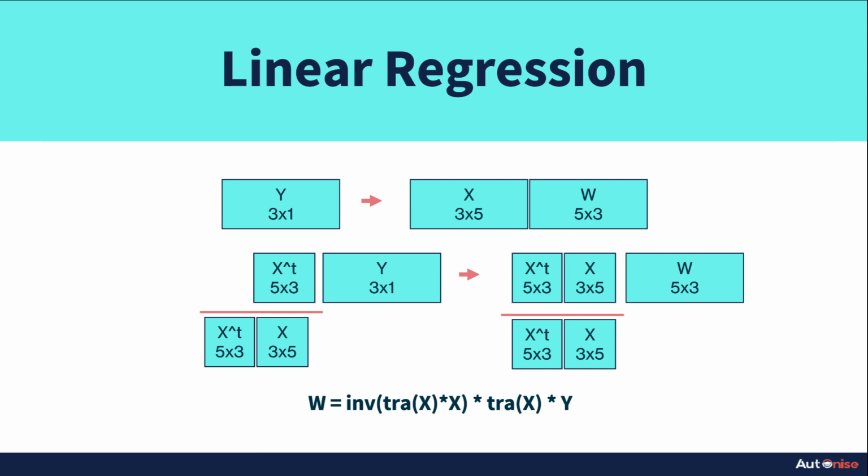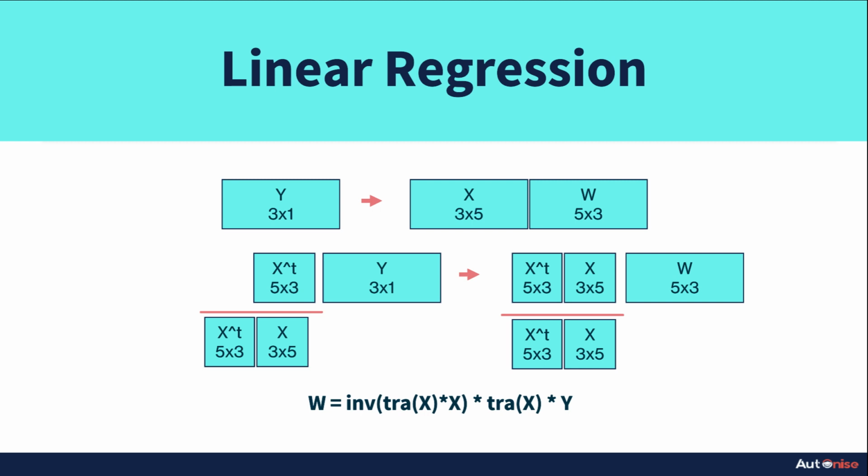Then the weight should be 5 cross 3 to satisfy the product of this x and w. Then if we multiply the trans of the x on the left side, we will have a square matrix of size 5 cross 5 along with the product of w on the side. Then if we multiply it with the inverse of x trans into x as a whole,